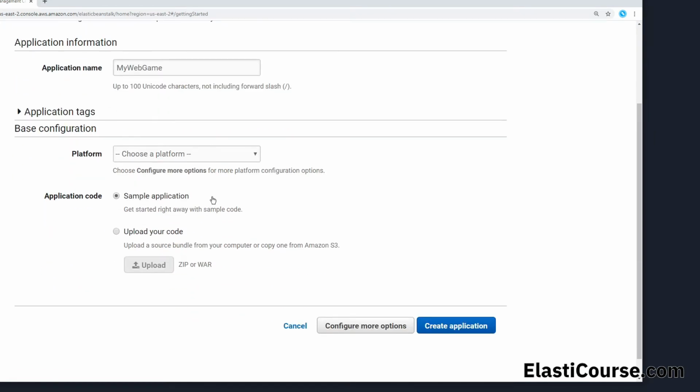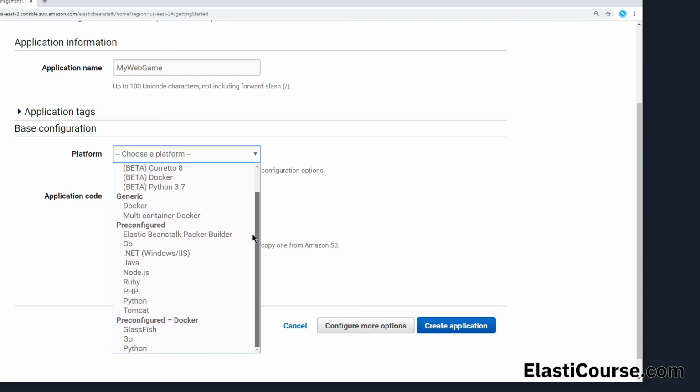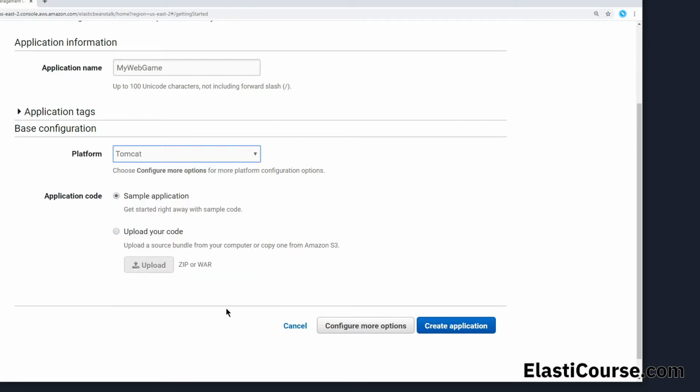And under Platform, we can see the different applications supported by Elastic Beanstalk. We have a wide variety of applications that are supported by this platform. And whatever language you choose here, Elastic Beanstalk will deploy an EC2 instance running all the code compilers needed to run this language. So we will choose Tomcat since we are using a Java-based application,